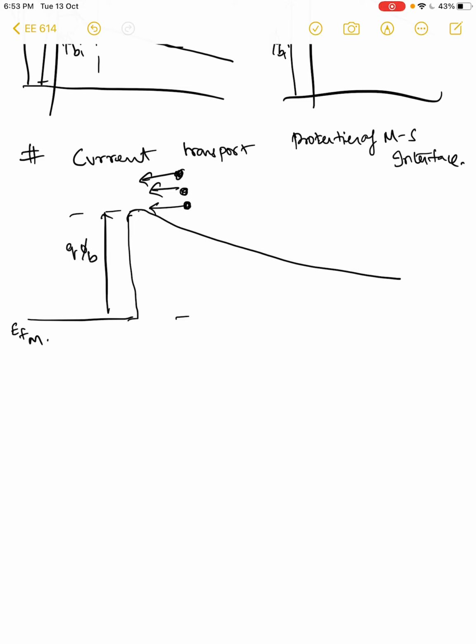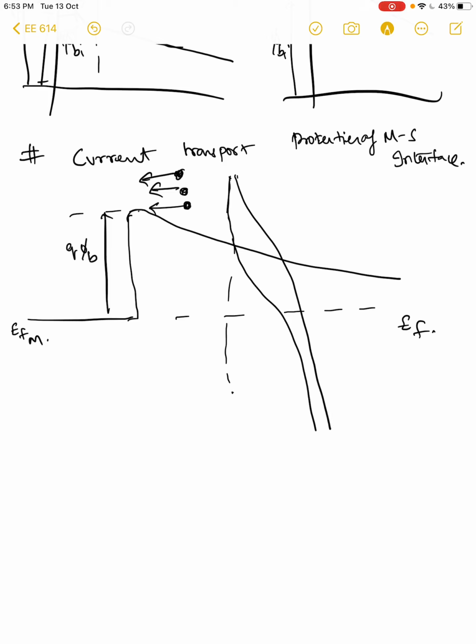So basically you have a Fermi-Dirac distribution here. If this is the Fermi level, temperature determines how many electrons are there here. Either you can have something like this, or you can have something like this. All these things depend upon some kT, kT1 and kT2. If temperature is large enough, you will have some population here, and then all of these can easily go, and hence this transport is thermally motivated. It is called thermal emission.